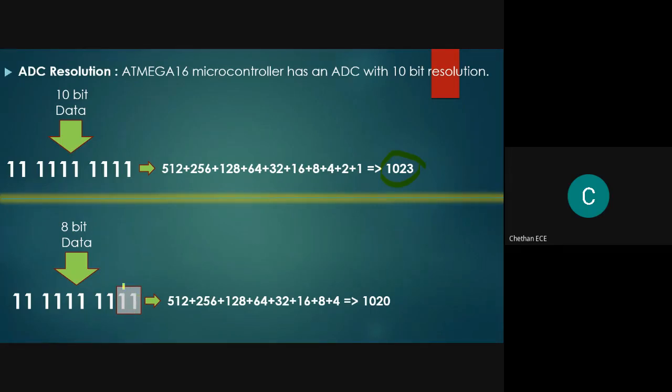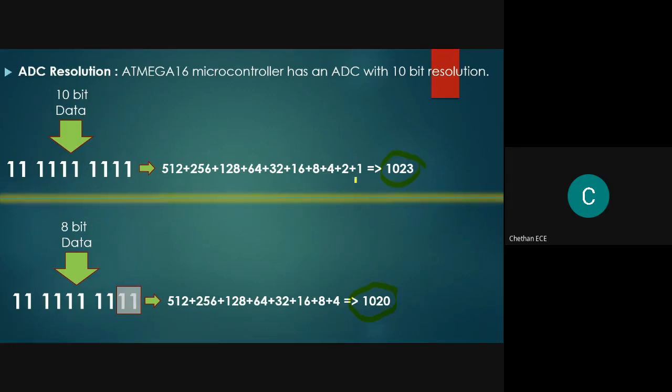After masking these least significant 2 bits, I transform this binary code into decimal equivalent and the corresponding result is found to be 1020. Here I have chosen 10-bit data without any masking. Here I have chosen 8-bit data where the least significant 2 bits are masked.